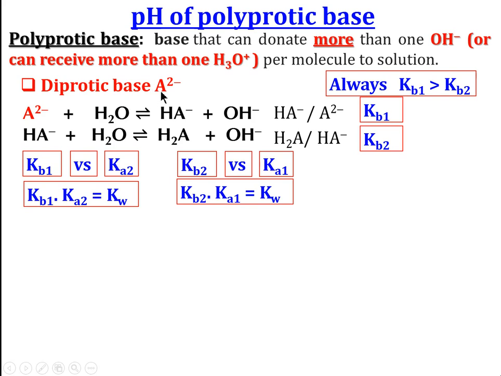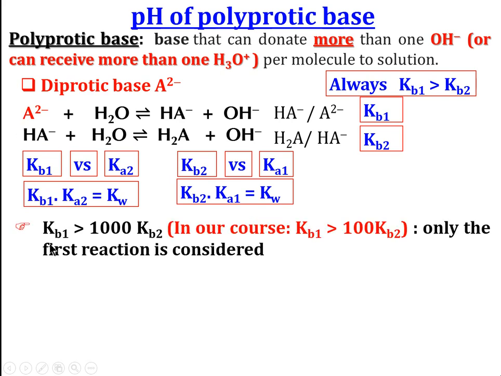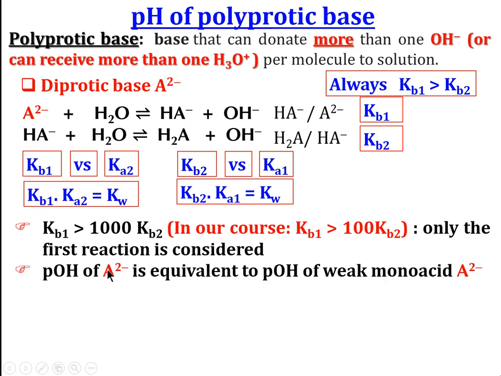The objective is to calculate the pH of the solution when we put A2 minus in water, so the pH will be basic. We have to calculate the total concentration of OH minus, so we have to compare the sequence of these two reactions. By the same analogy as the polyprotic acid, if Kb1 is greater than 100 times Kb2, we neglect the second basicity and we consider only the dissociation of A2 minus to HA minus, and in this case, the pOH